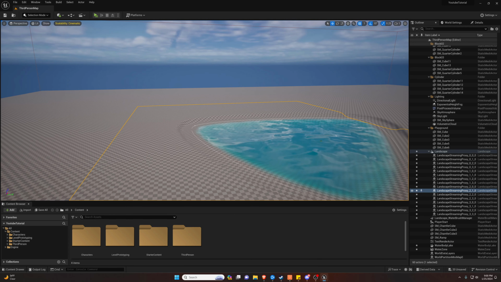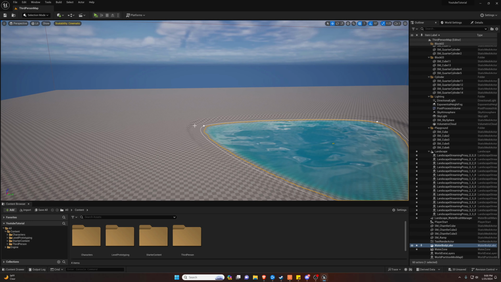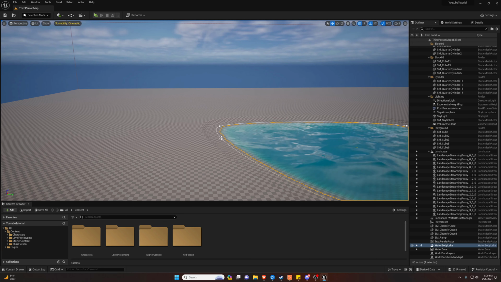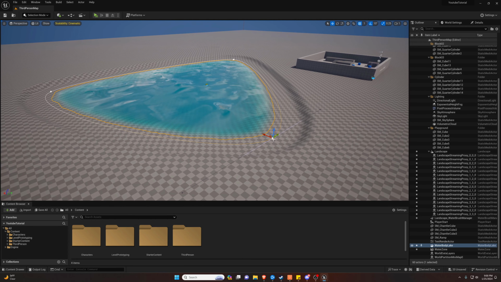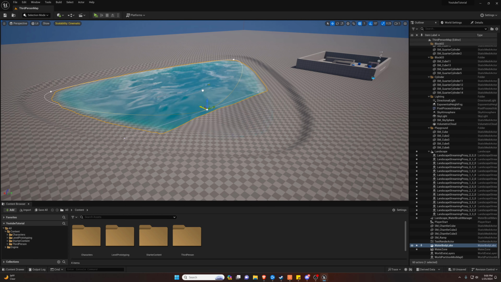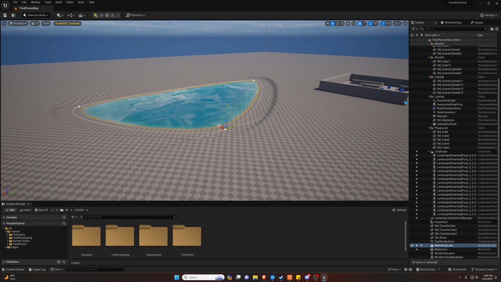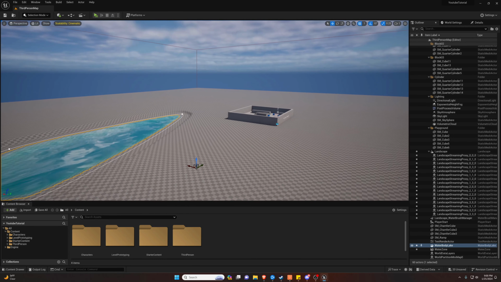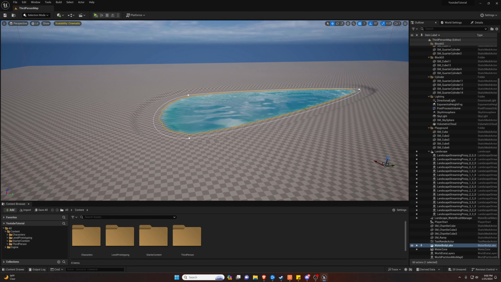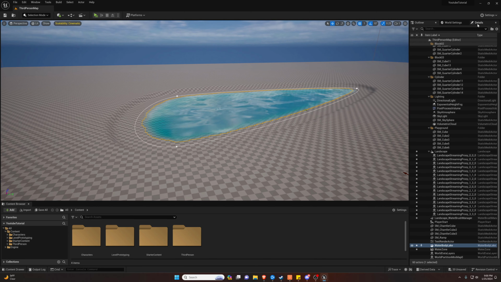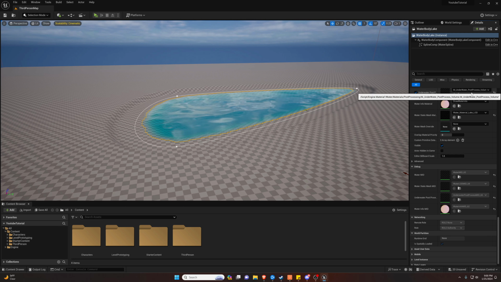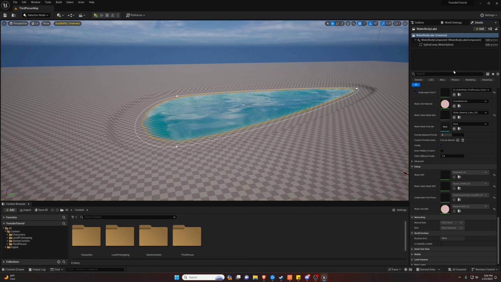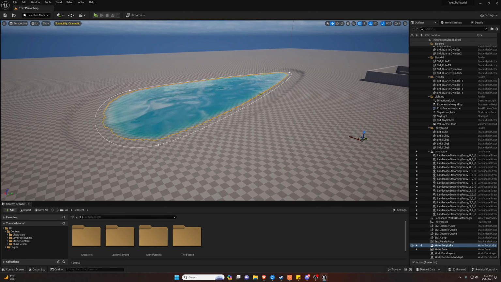And you can add more of them as well. I believe you do that by alt clicking, control clicking, I forget. You have to play around with it, but you can add more of these points to make it a different shape as well, in case you want to do it that way. That's kind of how you make a lake. And let's say you wanted to keep this but change the water material, you can do that within the details. Again, we haven't really talked about materials yet, so we won't quite get into that until we start talking more about